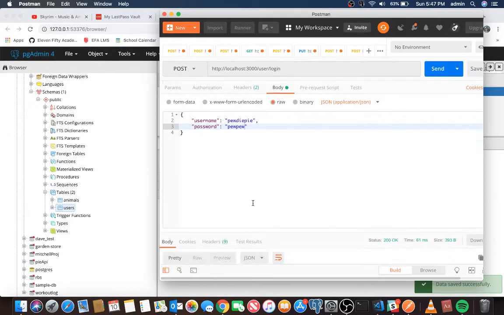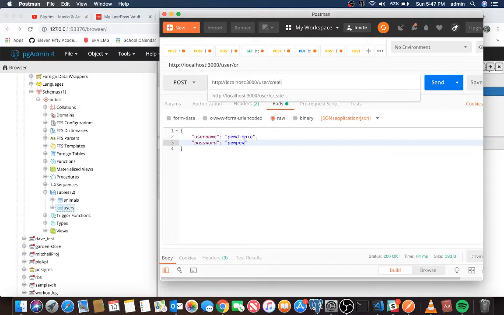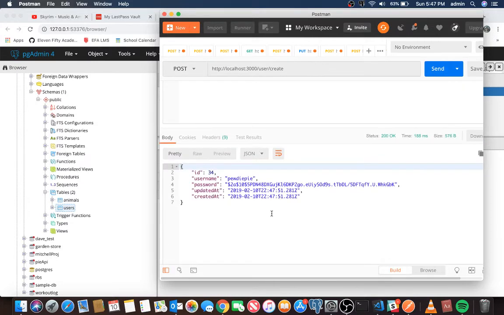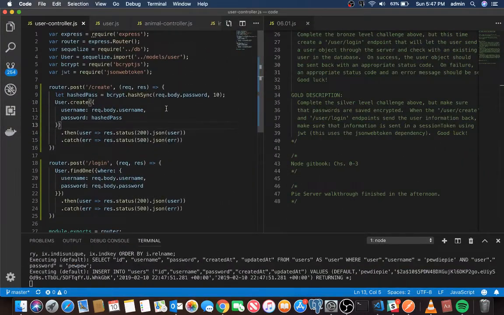And if I send this through, oh, I had login. I want create, post, and cool, the password is now hashed. Awesome. Okay, that doesn't take care of the other thing that we need to do, and that is to generate